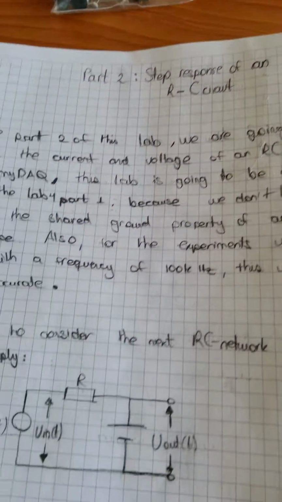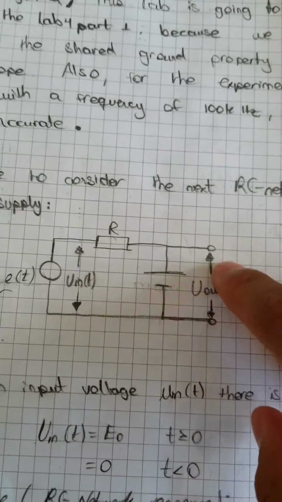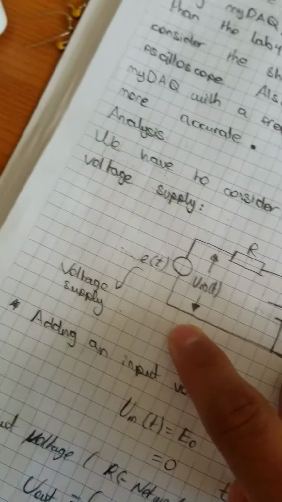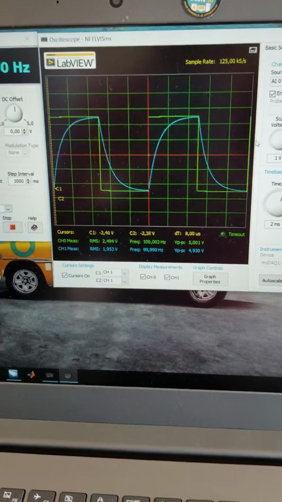Today's video is going to be about the step response of an RC circuit. We're going to be using this circuit over here and we will be measuring the output voltage and the input voltage with the oscilloscope of the MyDAQ. On the screen you can see the step response